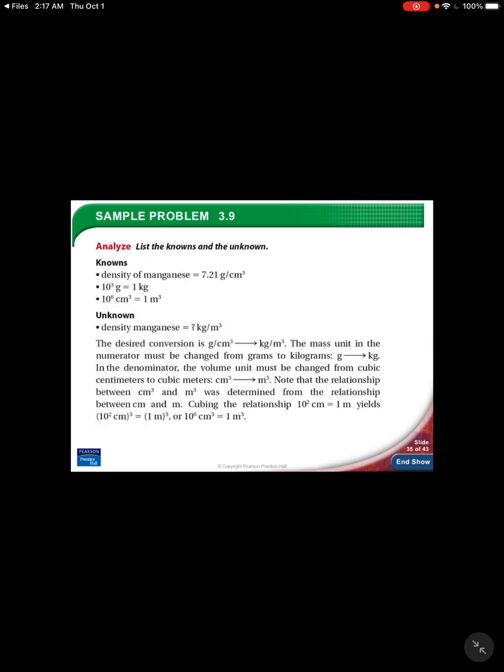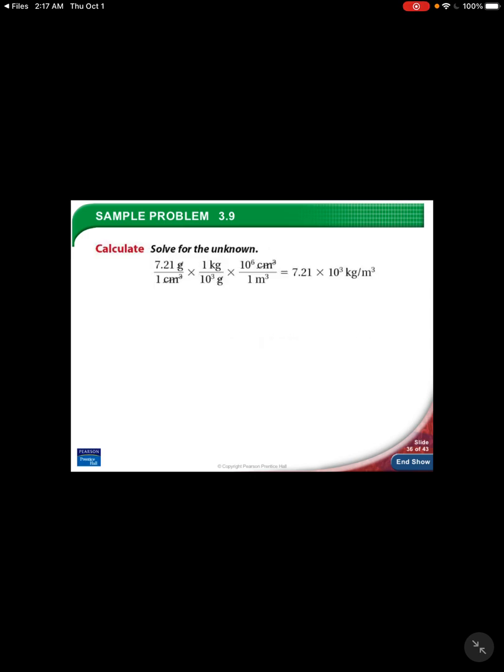So here's one where they're starting with the density of 7.21 grams per cubic centimeter. And they want a final answer in kilograms per cubic meter. So we have to multiply this by conversion factors that convert our grams to kilograms and our cubic centimeters to cubic meters. And just to show you how extensive these conversions can be,